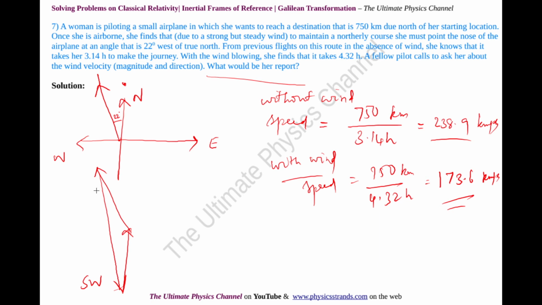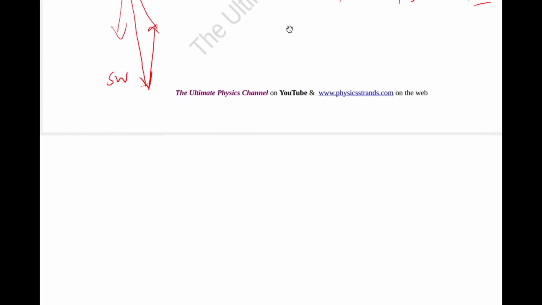Therefore, now we have to see that there are two components to this wind velocity. There is one along the southern direction, the other one is along this direction, that is the eastern direction. So we can take the two components and calculate them separately in this case. So we can say that wind velocity along the southern direction is given by